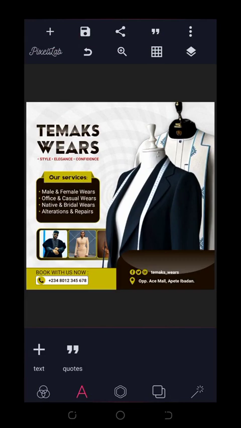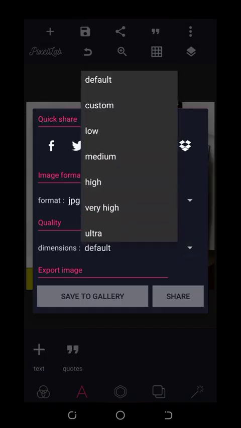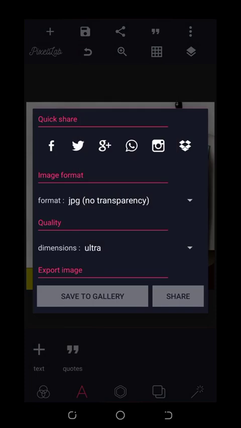I hope this video has been beneficial enough and you have learned something from the process of creating this simple design. So now all you need to do is to save your design. And how do you do that? Just click on this icon you are seeing right here. It is the save icon. Then click on save as image, and once you click on that, click on this place you are seeing default and make sure you select ultra, then click on save to gallery, and your design is going to save